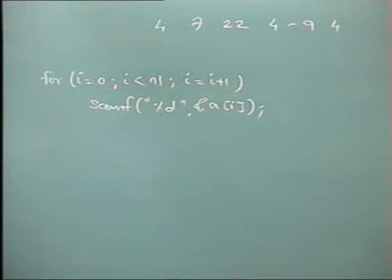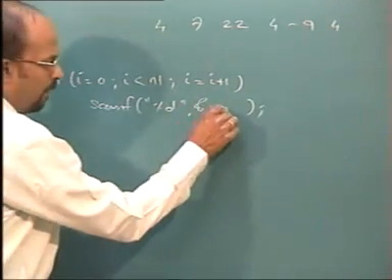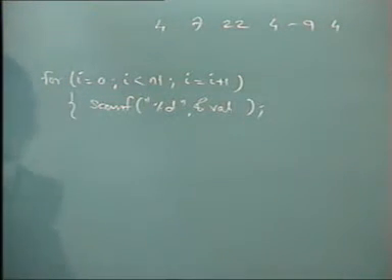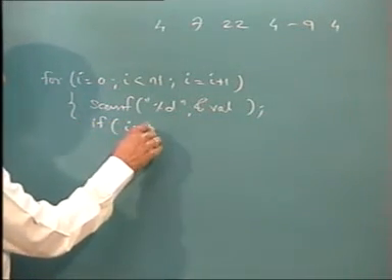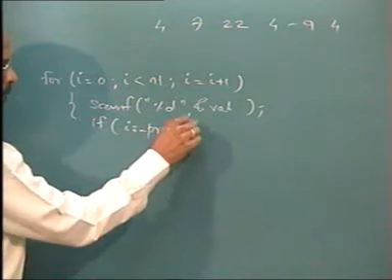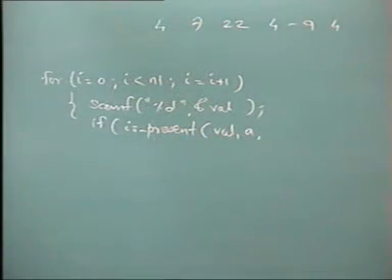What I will do first of all, मुझे यूजर से वैल्यू तो लेनी ही पड़ेगी, but I won't store it in the array. I will store it in some other variable val, and I will have to check whether val is already present in A. For that I have a function is present. So I will simply check if is present val in array A.